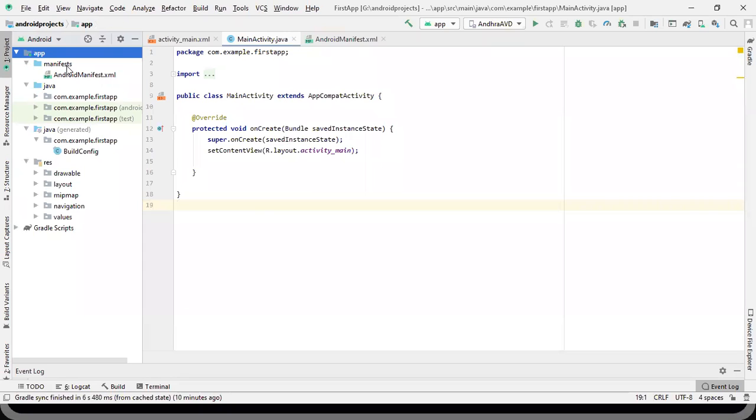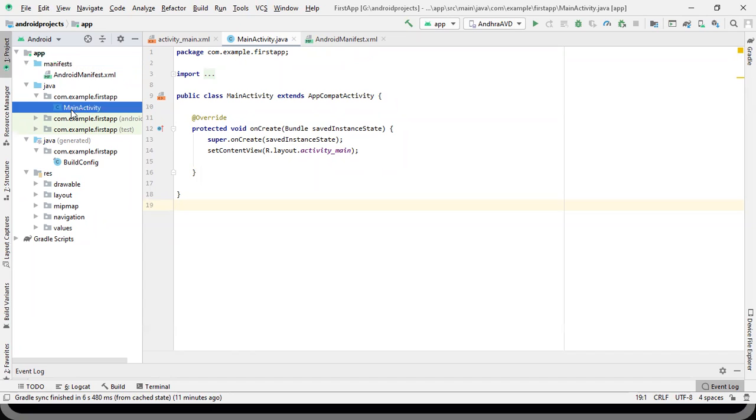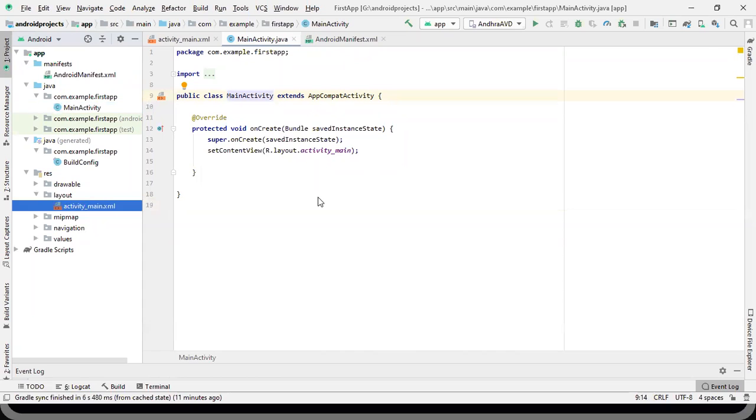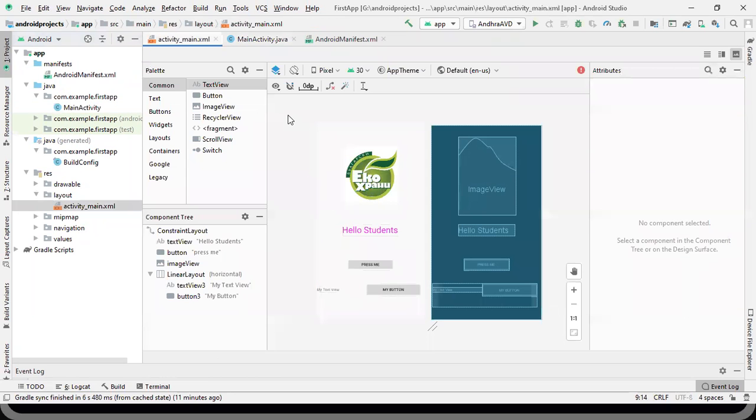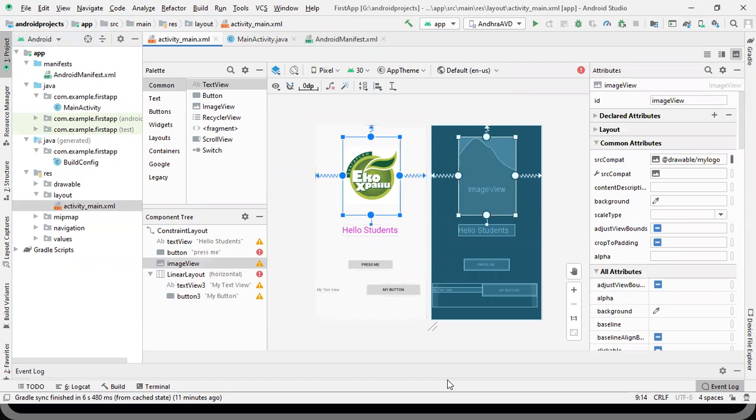Actually, due to some file errors or missing files, we got an error. So I just updated my Android Studio and the error got resolved. We have our main activity, and the layout associated with it is the one we developed yesterday. Inside this we have a main layout.